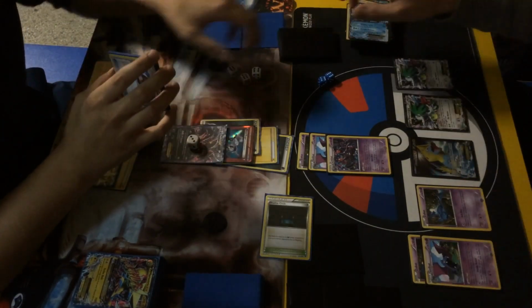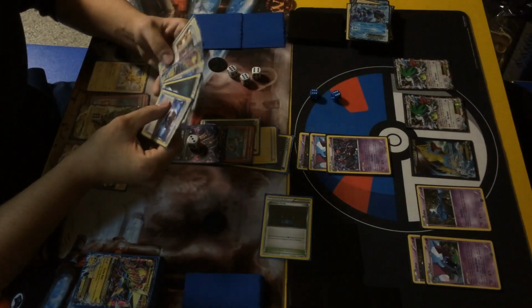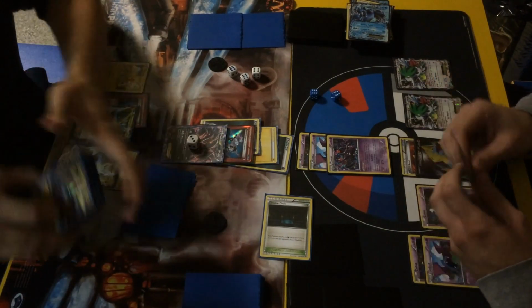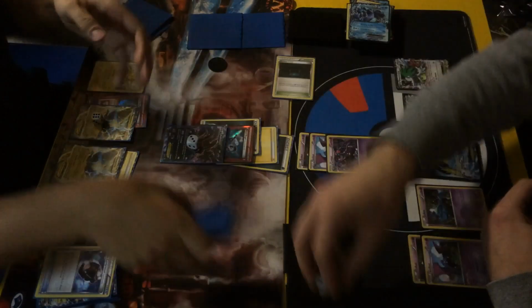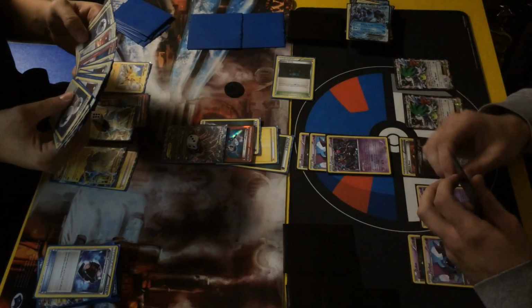for maybe Manectric and try to take more Muscle Band, of course, and try to search for energy card, but that would be risky, so the reason why I played Crobat was 100% sure a knockout. So on the other side you can see Battle Compressor for,